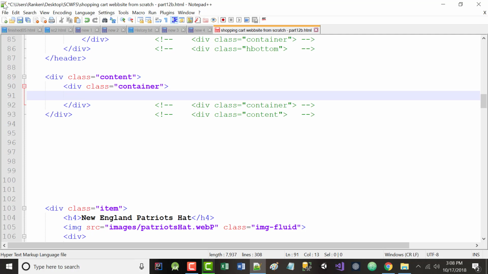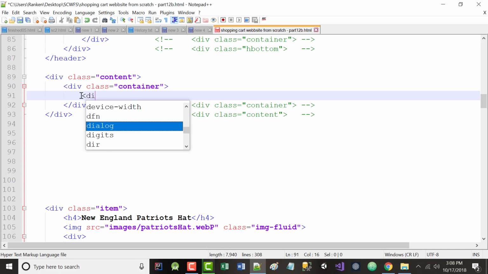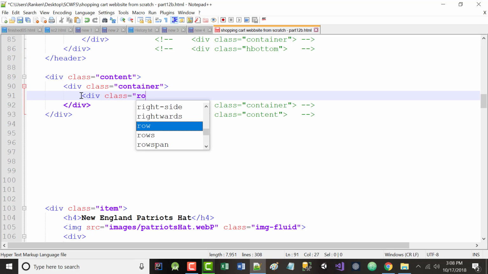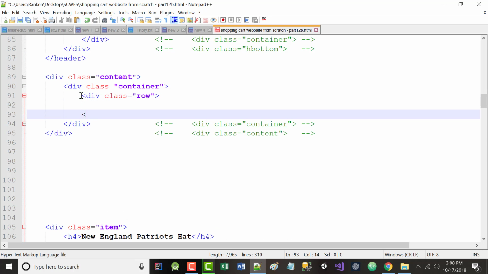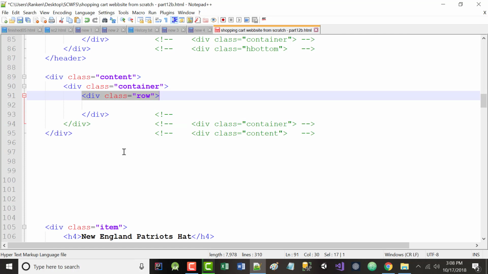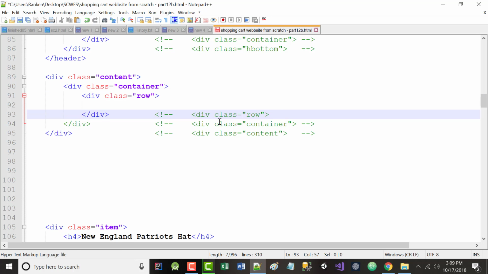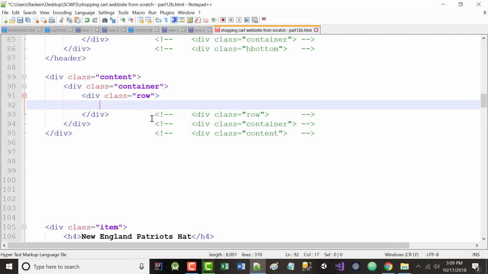So, under our container, div class equal row. So as you can see, I'm already 3 levels into the div hierarchy. And I'm going to go a couple more. All right. So this next one,